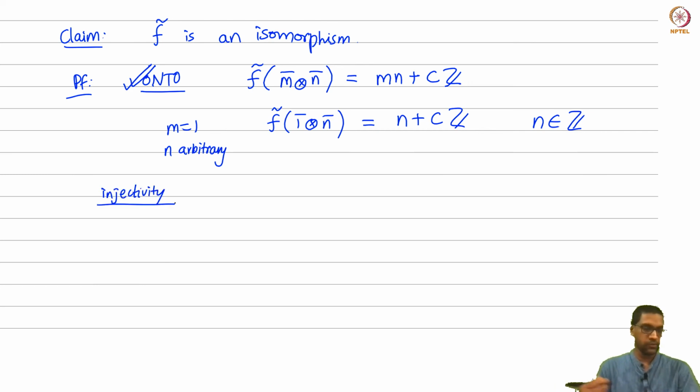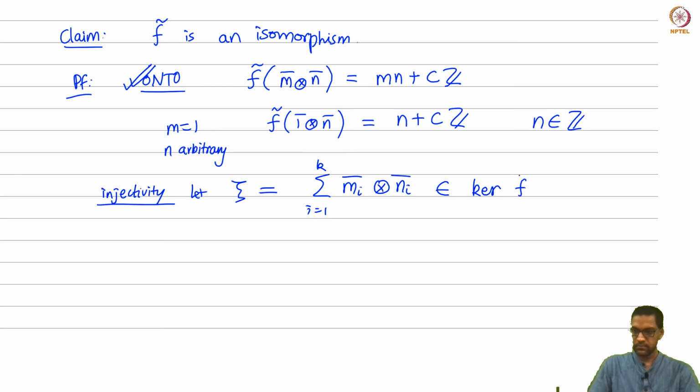It's again the injectivity that requires more proof, and the proof is almost along the same lines as what we gave for the previous problem, which is, let's take a typical element in the kernel. So let psi, which is summation mi bar tensor ni bar, belong to the kernel of this map. Now what does this mean? Well, as before, let's just first rewrite it in this case. So this is summation. So what is mi bar? It's mi plus az,